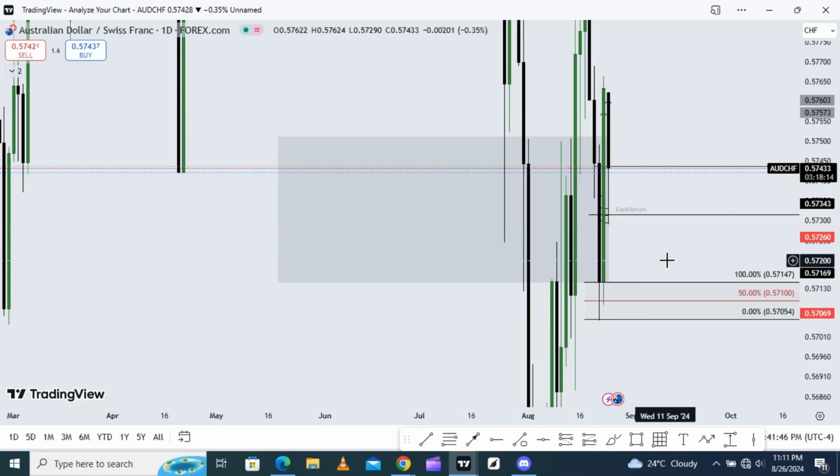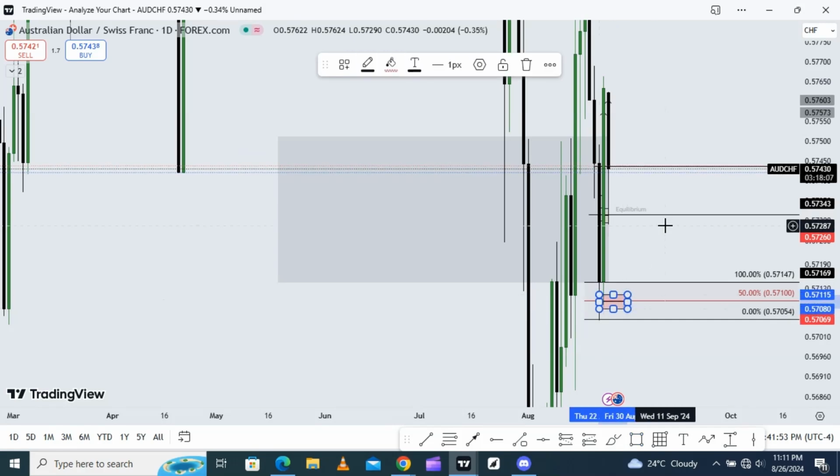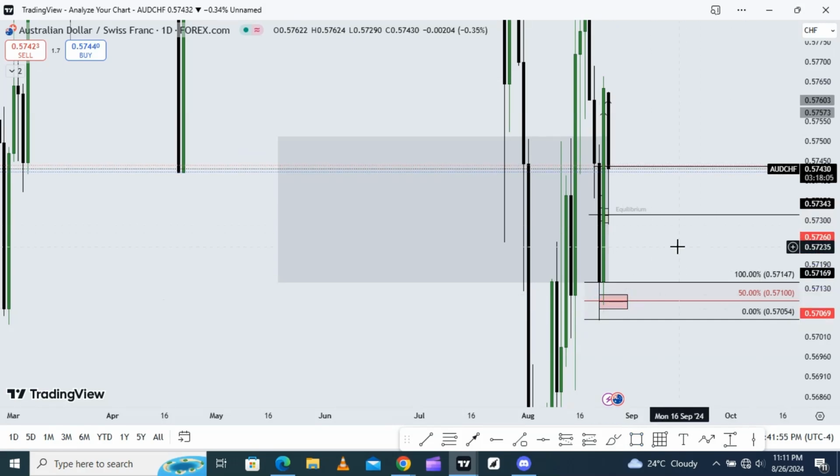So like you see, this is our 50% level. This is our consequent encroachment,